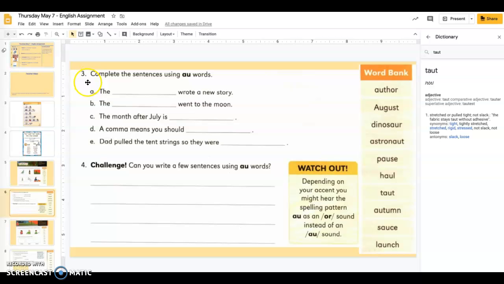Let's look at your activity at the bottom of page 54. Complete the sentences using AW words. A. The wrote a new story. Don't forget to use your word bank to help you. B. The went to the moon. C. The month after July is D. A comma means you should E. Dad pulled the tent strings so they were